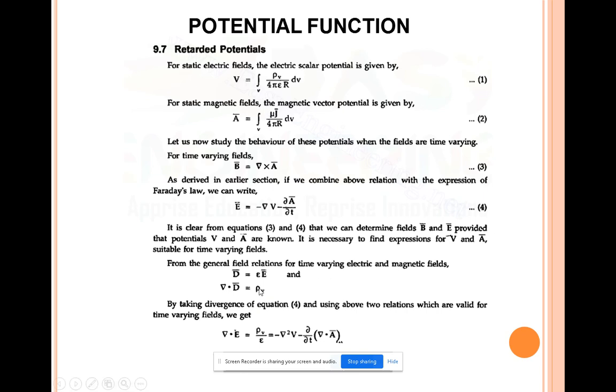So here you are going to replace the D vector with epsilon E vector. Once you bring the epsilon to the denominator, you get del dot E vector. That's the thing they have written here directly. Then,